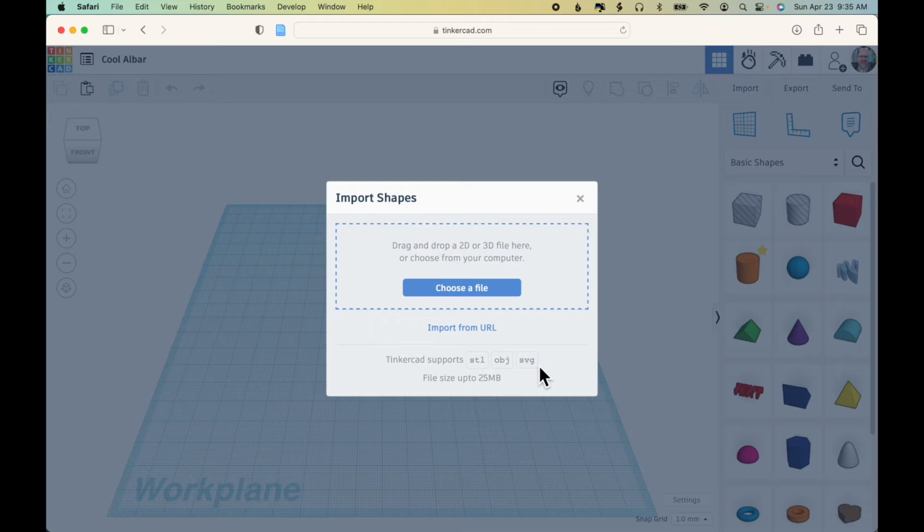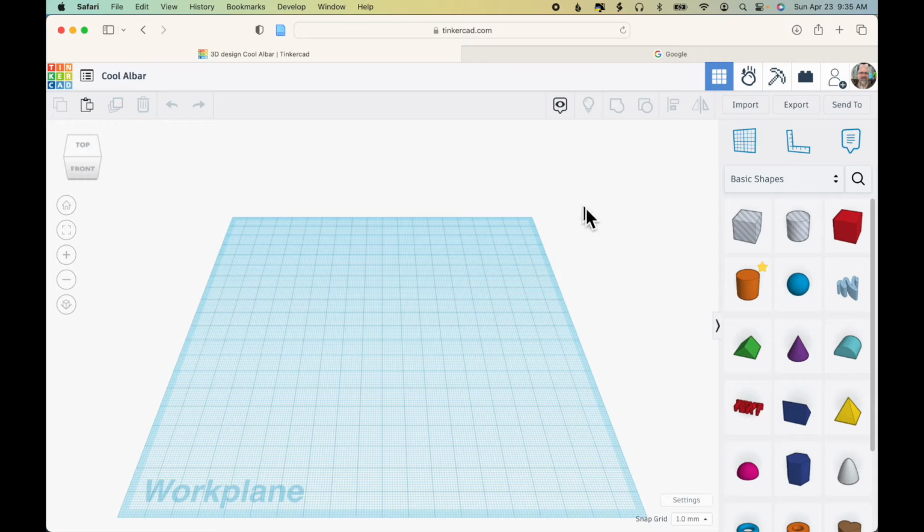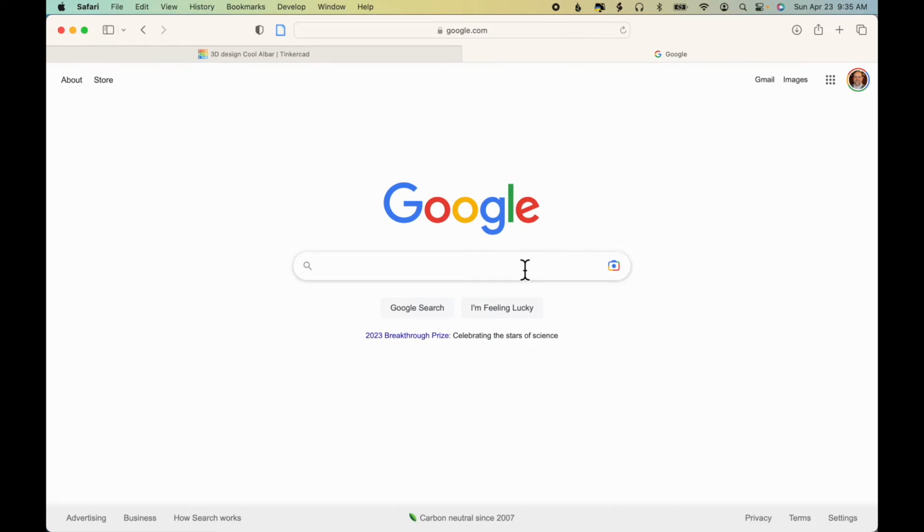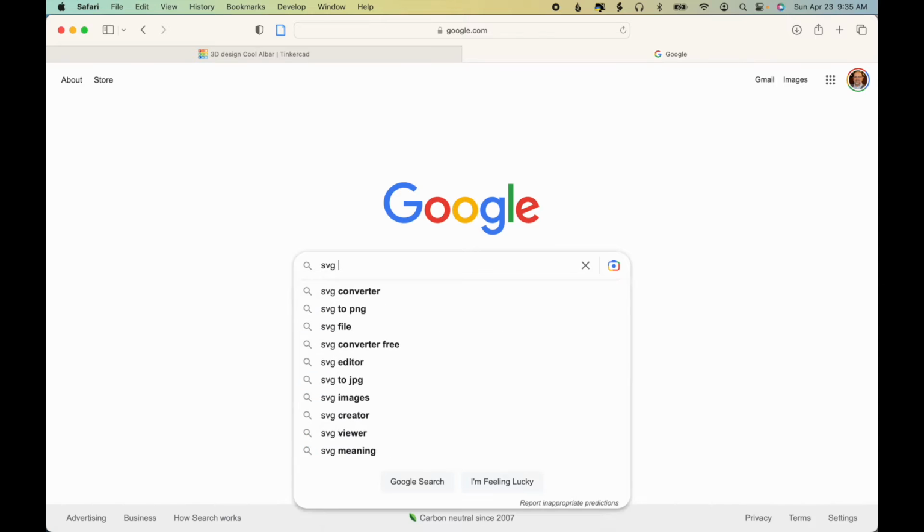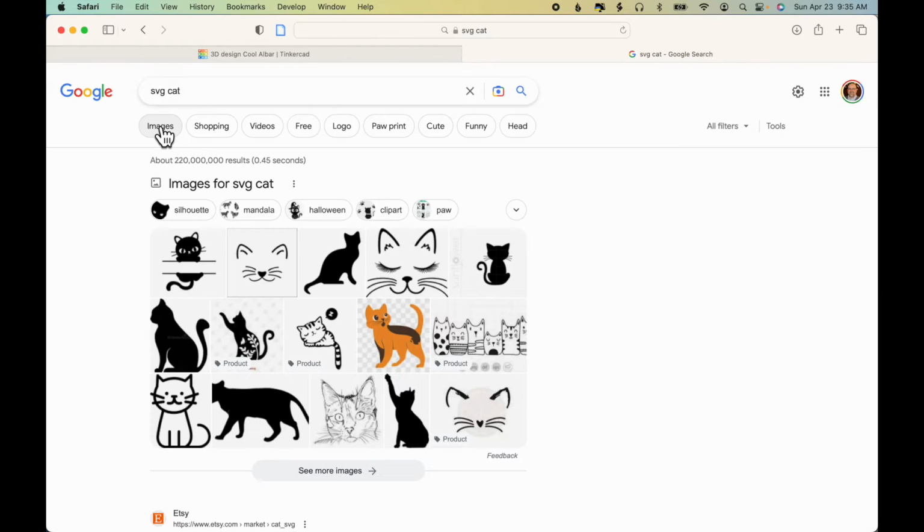So you can use any graphics program that you might be familiar with to create an SVG file, but there are other ways that you can find SVG files to use as well. We'll close this window and go to Google, and let's search for SVG cat. We'll look for a cat image. Click on Images,